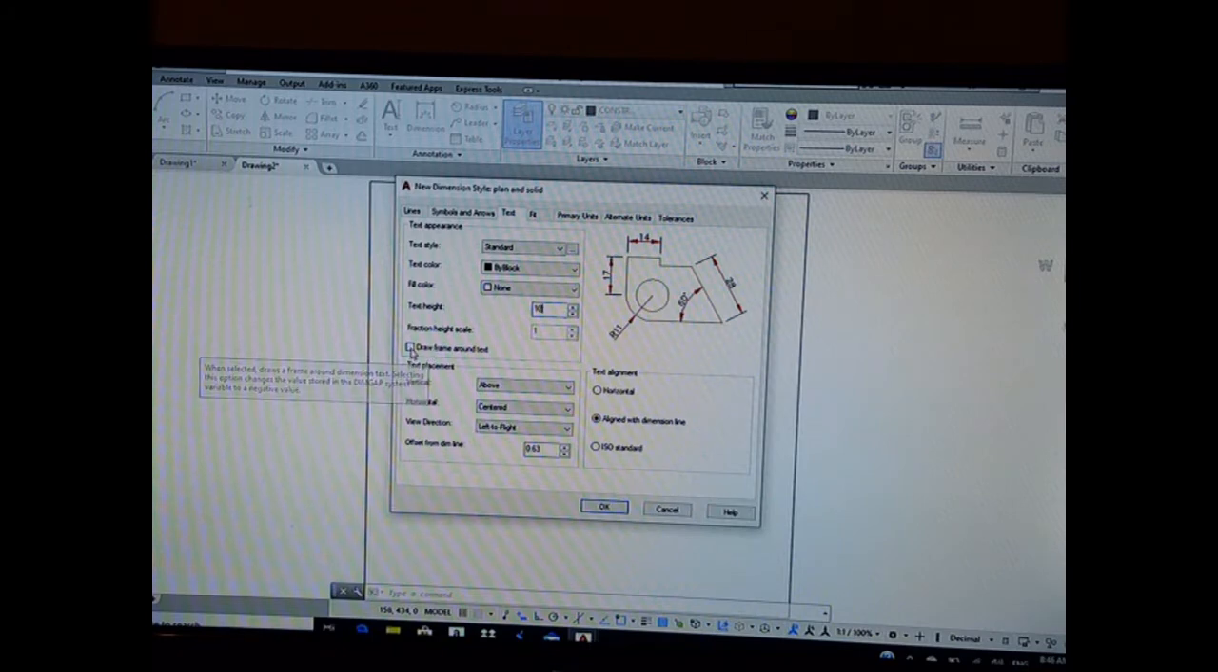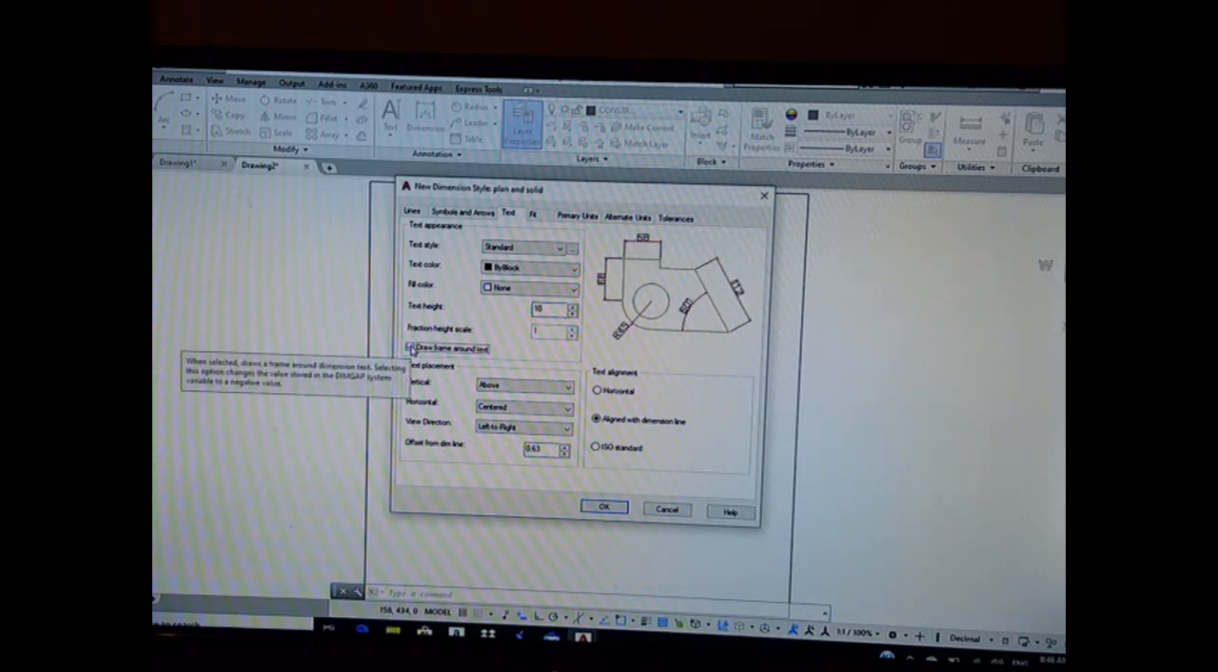Frame around text. If you tick this, you will generate a frame, probably a box or something around the text. So if you want that, you tick this. Alright, if I tick this, you see what's going on? A box is created around here. If you want that, keep it. If you don't, untick this. You can also place your text vertically, horizontally, or